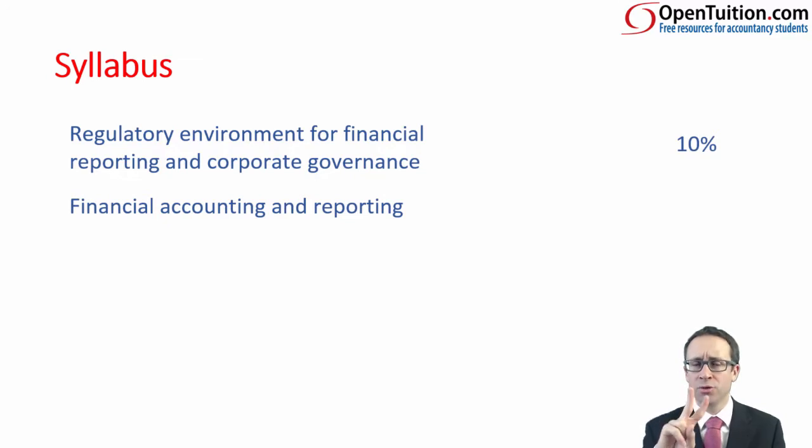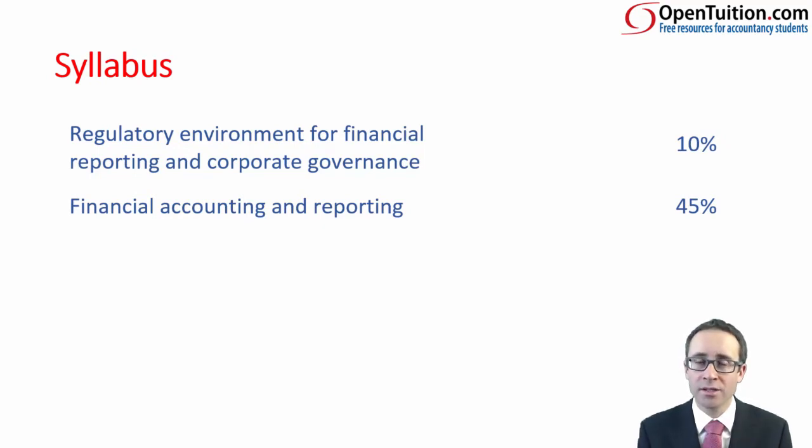Now, this is split into 2 sections. It's by far and away the biggest area of the syllabus. It takes up 45% of the exam, so I think that should work out as 27 questions. What we look at here are the individual accounting standards, of which there are many. Just have a look at the contents page at the front of your notes, and that will strike fear into any of you. And then we also look at the group accounts aspect, which